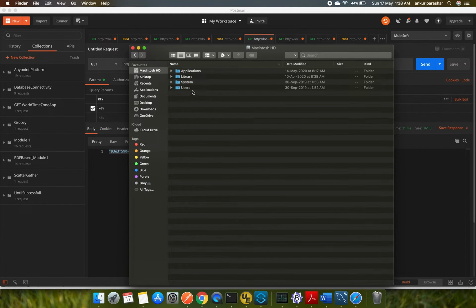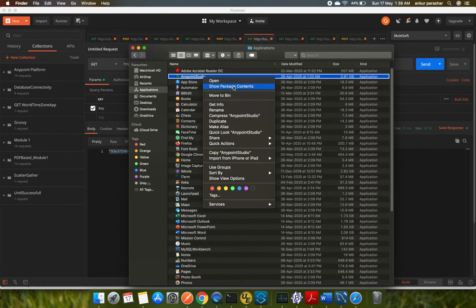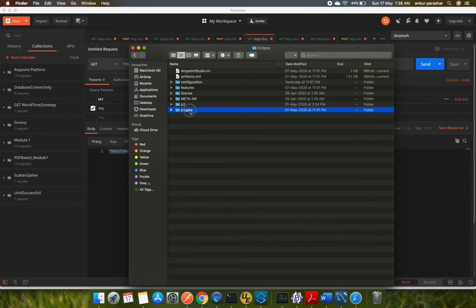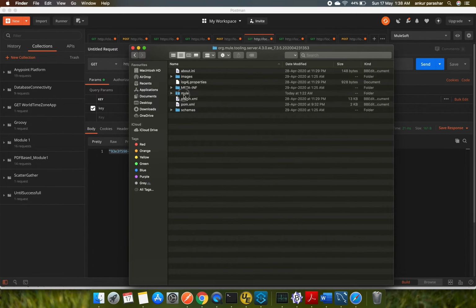Basically, let me go to the location: users, application, show package contents, then under the Eclipse, the plugins, server, mule.